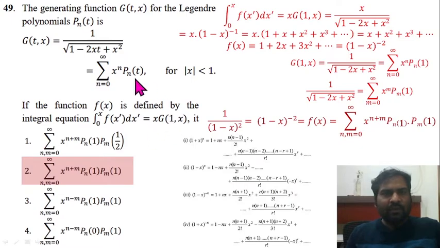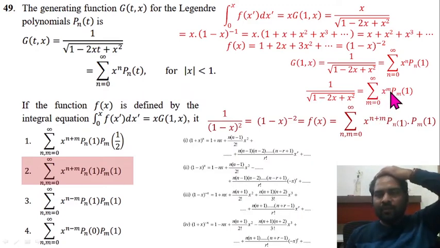तो g1(x) क्या हो जाएगा? This is n, 1 हो जाएगा, 1 हो जाएगा. This particular t की जगह पर 1 रख देना है. तो x raised to power n plus n plus 1. इसी तरह से सेकेंड एक और ले लीजिए. In that condition, sum over m equal to 0 to infinity x raised to power m plus m plus 1.